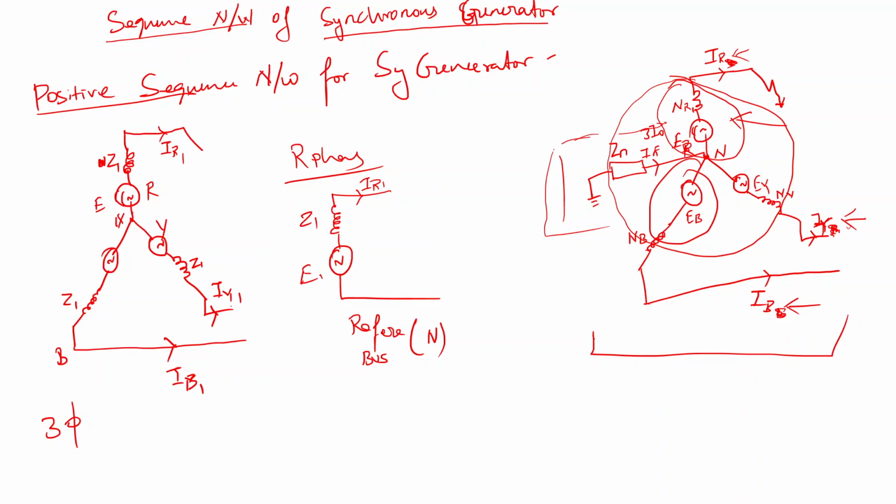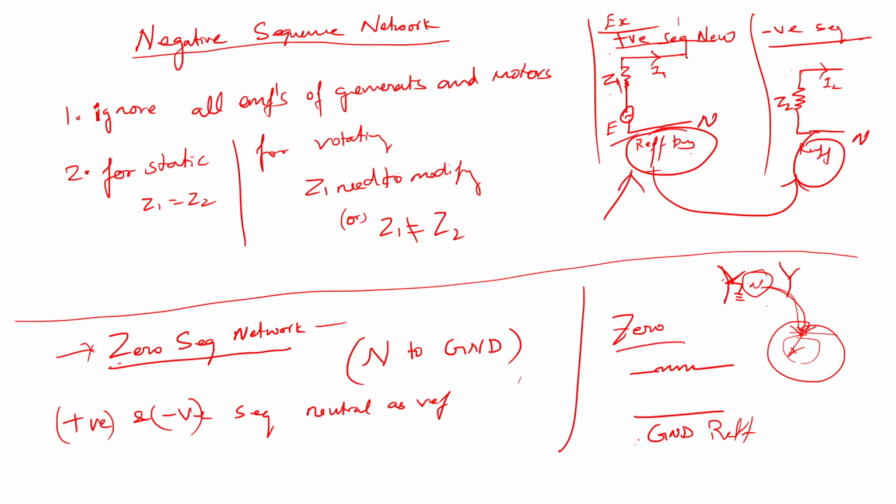Okay. So we'll go for the negative sequence network for the same generator. Usually we will modify our positive sequence network; a little modification is enough for the negative sequence. Let's check how it is. We can proceed with the positive sequence network, with certain modifications. What is the first condition we have taken? For negative sequence, ignore all the EMF, the EMF of generator and motor.